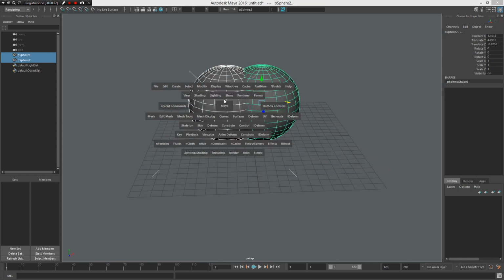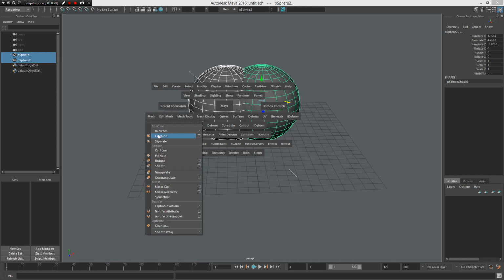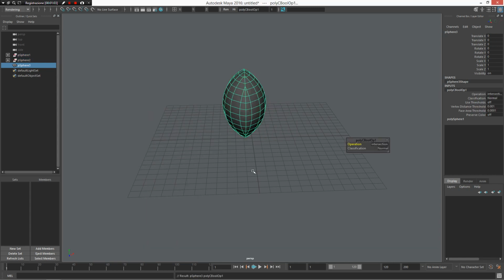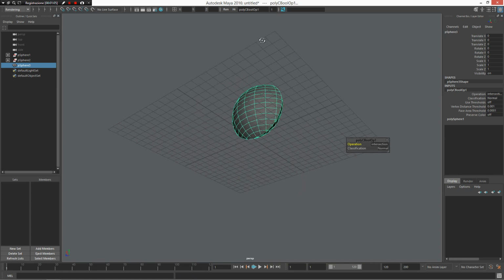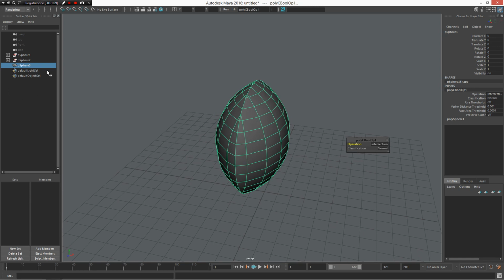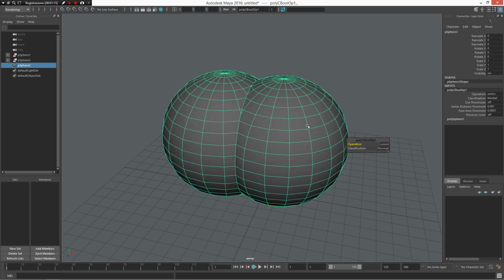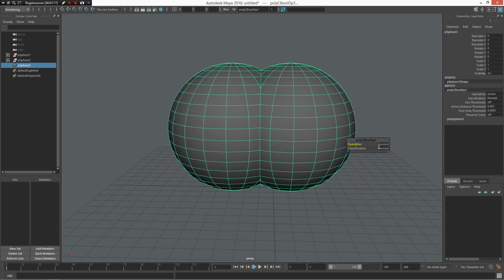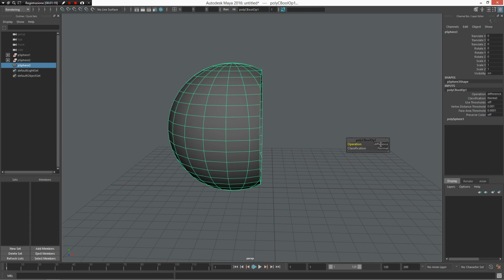From the hotbox, find mesh booleans and create, for example, an intersection boolean. As you can see here, I have a simple intersection boolean with the two spheres, and the result is a third sphere. You can change the way they are connected, for example, using the union or difference, and so on and so forth.